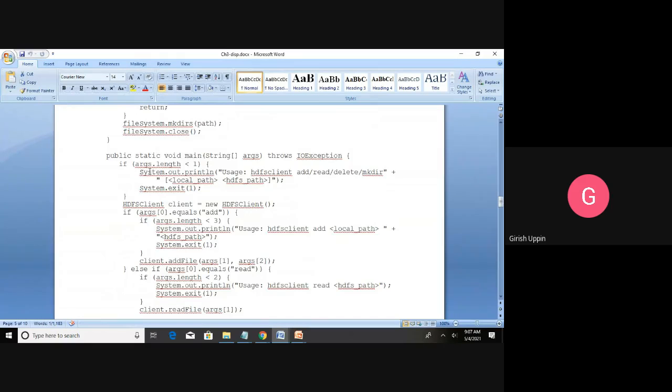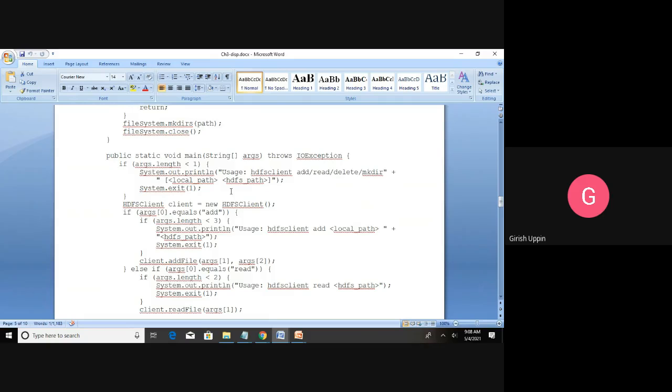If args dot length is less than 1, so the number of arguments is less than 1, then you will give the usage, how this Java application should be used. You will say HDFS client, followed by one of these four: add, read, delete or make directory.